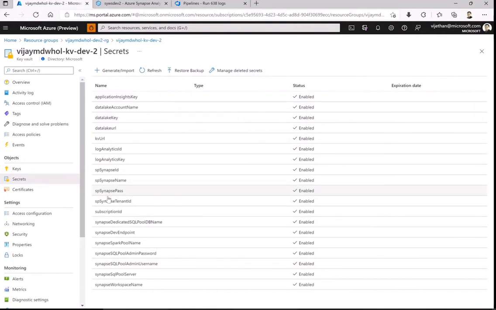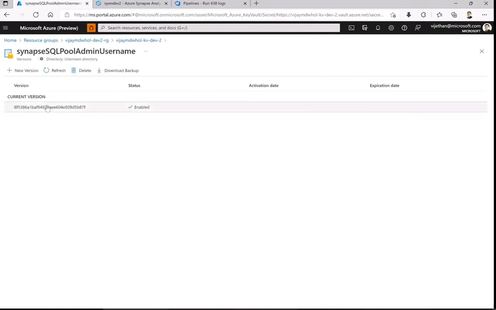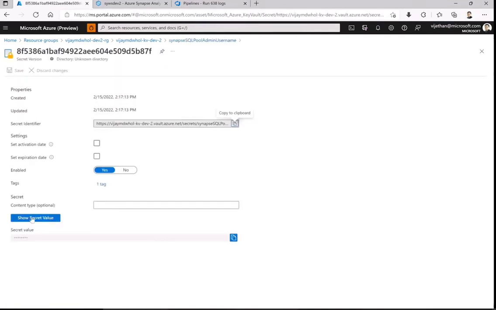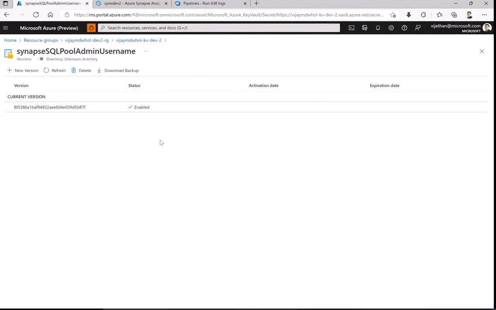So you can get this complete list echoed at the end and keep it in a file, or you go to the key vault and check for that particular admin. Suppose I want to look for the admin username, just go on and see, this is the SQL admin itself. If I don't have access to the key vault which I was showing you at runtime, then obviously it will give me an unauthorized error, because only the service principal that creates this at runtime will have access to this.